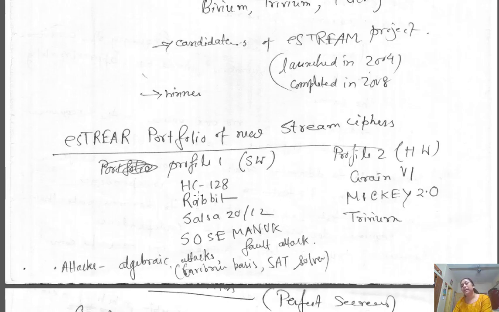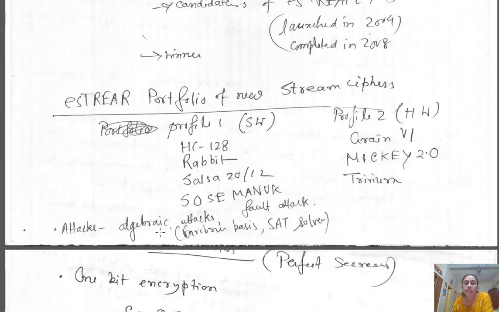However, many attacks appear. When a stream cipher is designed, it has to be checked whether it resists some attacks or not. So there are several attacks, such as algebraic attacks and fault attacks. The algebraic attack uses Gröbner bases and SAT solvers, for the satisfiability problem. So using those, you can mount this type of attack and check how robust the system is.